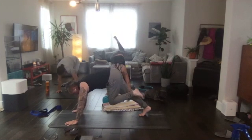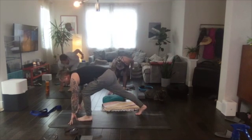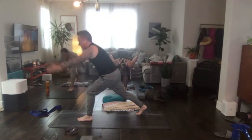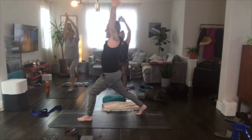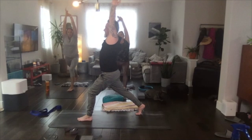Exhale, bring the foot between your hands. Come up and do a low lunge. Exhale, arms go back. Inhale, come up to standing. This time you're going to take your left wrist in your right hand, reach up through the back, then crescent